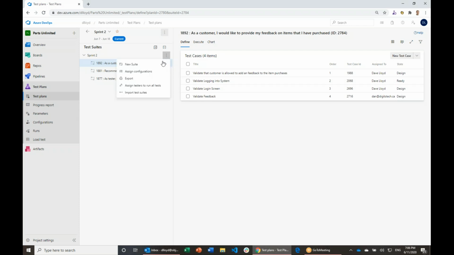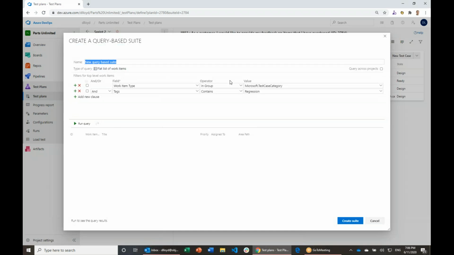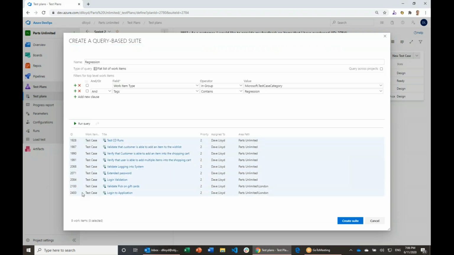But if I do have a handful of regression tests, I can use the query-based suite. And this also creates a little query for me. I'm just going to call it regression. So these are regression tests. What I'm looking for is test cases that have a tag on them that contains the word regression. If I run my query, you can see I got a whole bunch of them. So these are all my regression tests. If I grab these and say create a suite,